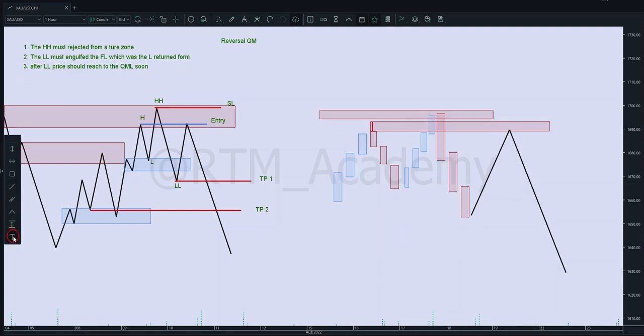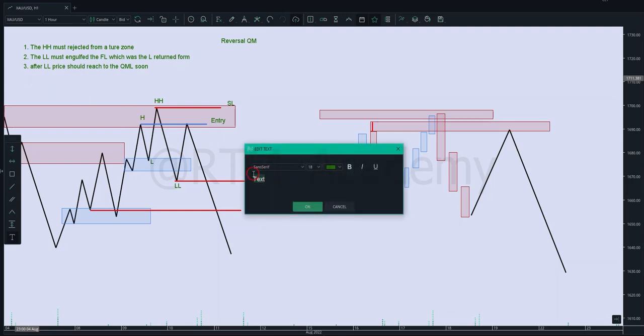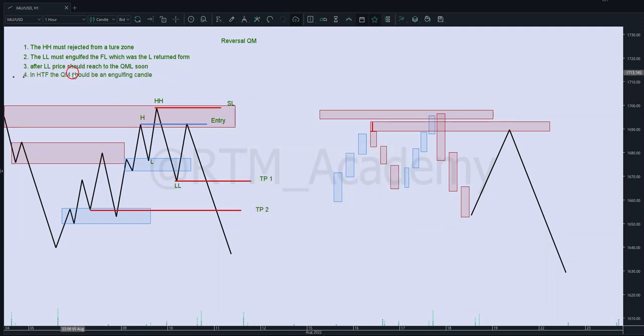So the fourth condition is that in the higher time frame, the QM should be an engulfing candle. This is the fourth condition for having a good QM,